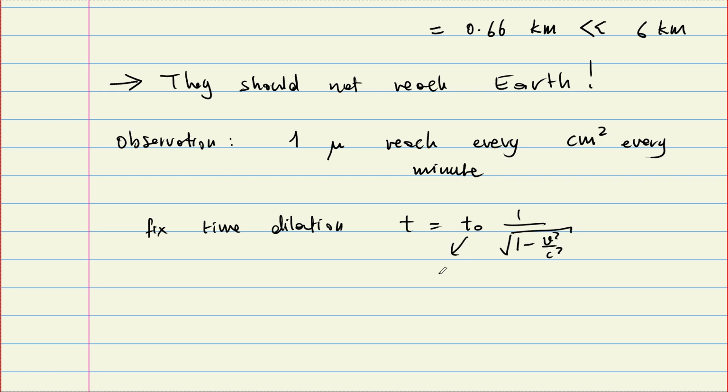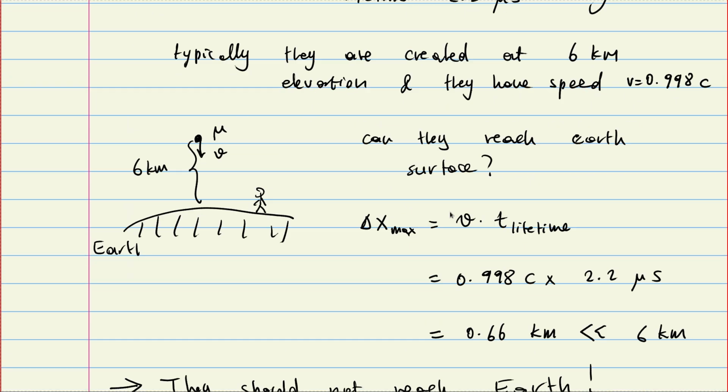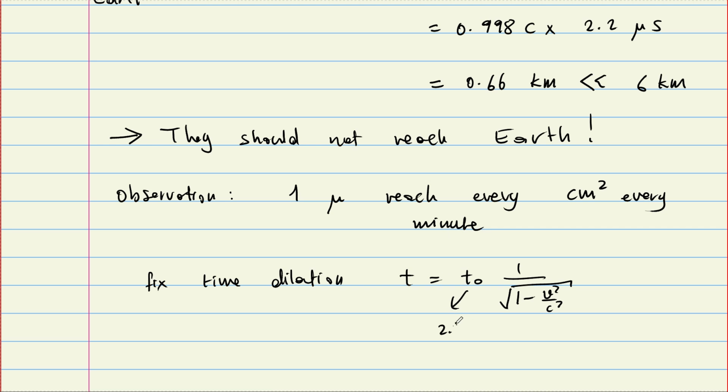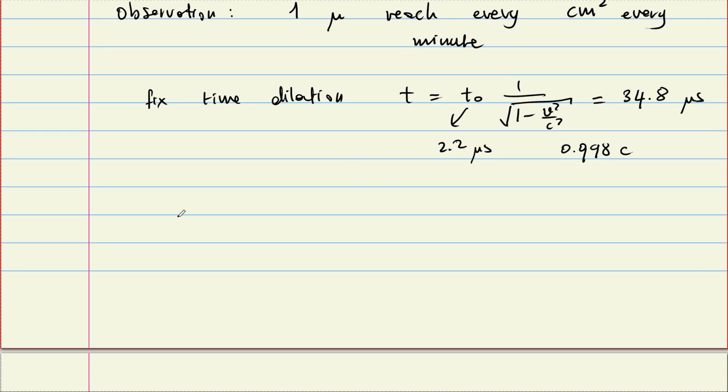Right, T naught is 2.2 microseconds. V is 0.998 C, and this is a number. You can just put all of these things in, and what you are going to find is that T is 34.8 microseconds. And if you put this in,